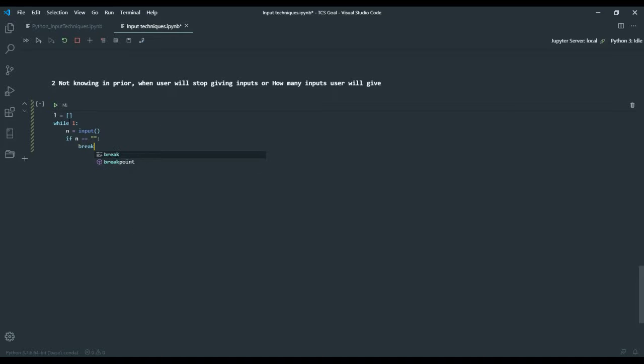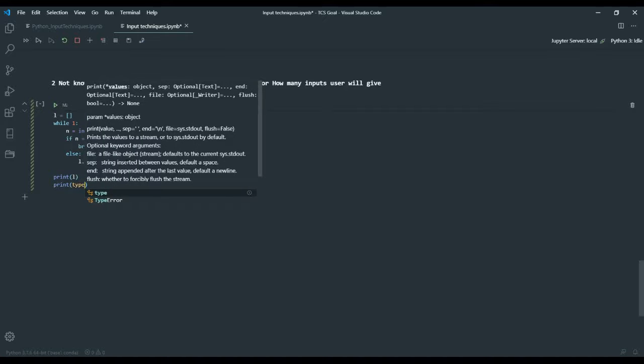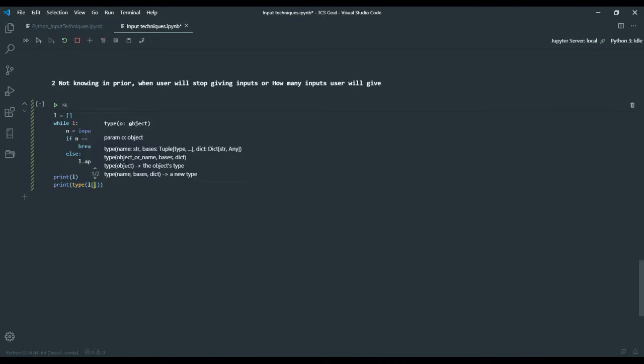In the case when you do not know in advance how many inputs are to be taken, it will be a blank enter. That's it, no input and enter. So we'll use a while True loop. It will be an infinite while loop, and when nothing is entered in the input, it will break, or else until then it will keep on appending to the empty list. Fairly simple, right? Yeah, great.